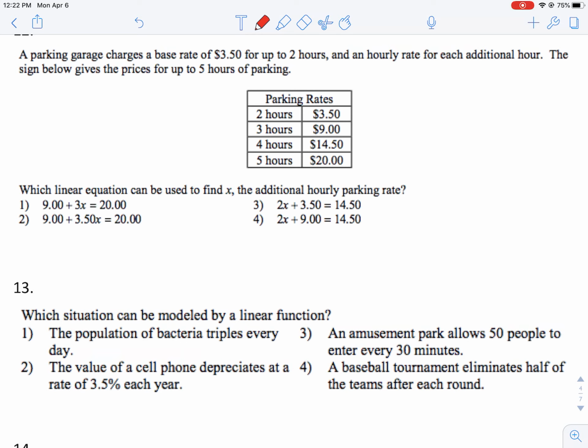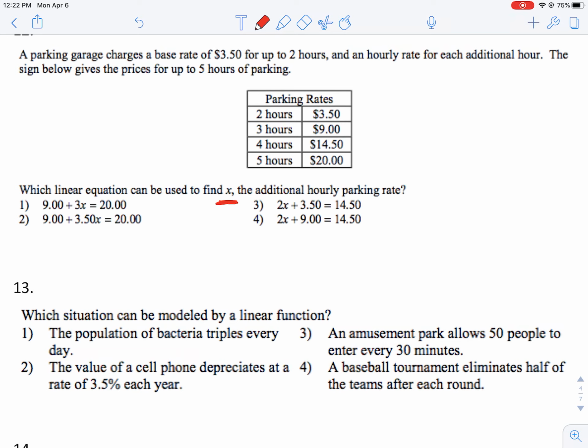Okay, so number 12 is a bit tricky. So let's read the problem here. A parking garage charges a base rate of $3.50 for up to 2 hours and an hourly rate for each additional hour. The sign below gives the prices for up to 5 hours of parking. The question's asking, which linear equation can be used to find x, the additional hourly parking